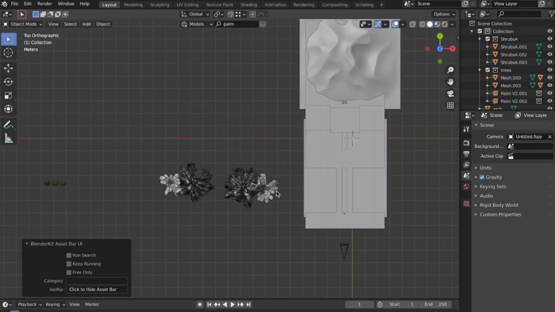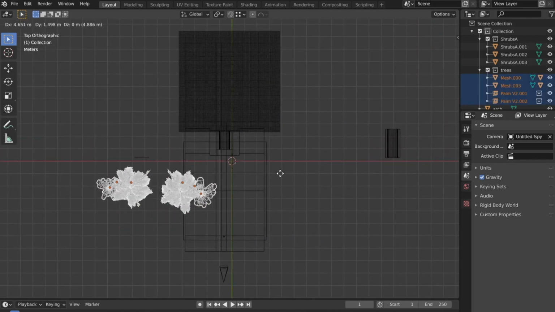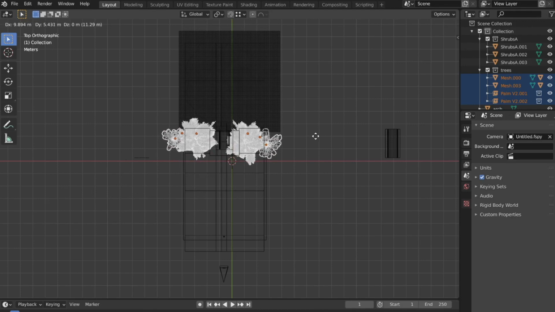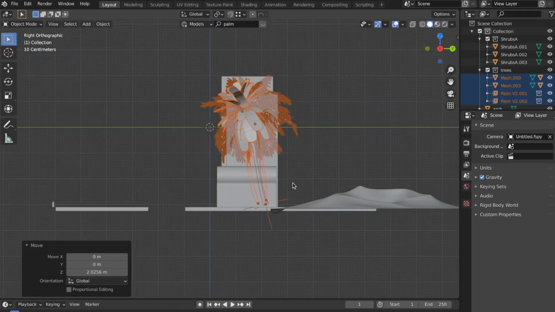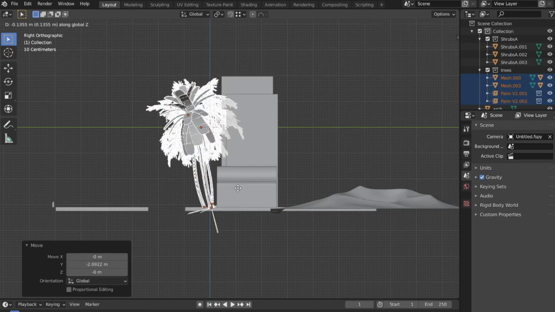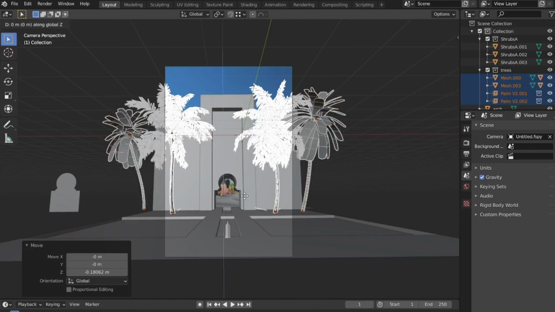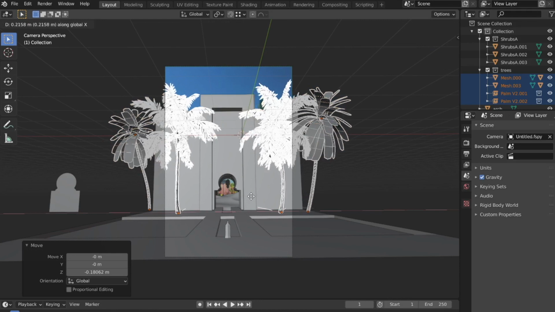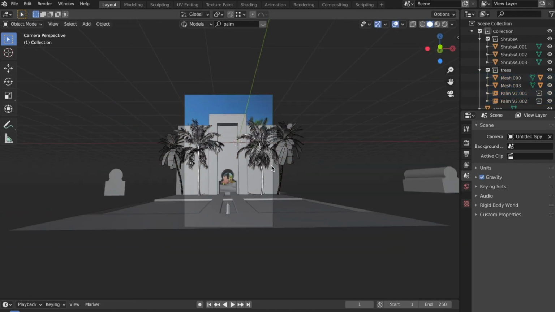As I've already placed them in a particular manner, I can simply move this over here to see whatever looks good with the scene. The best way to place it right now is to go into the right view and then from there move it along. Anything like this would look fine, I guess. Now if I go into the camera view, I can see from here also. I can scale it down a bit. So this is how it will look right now.